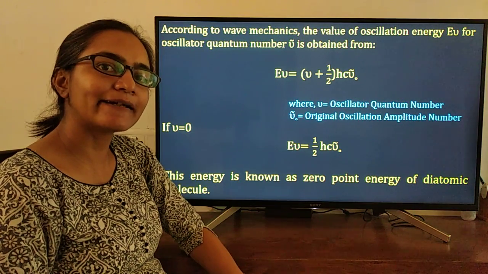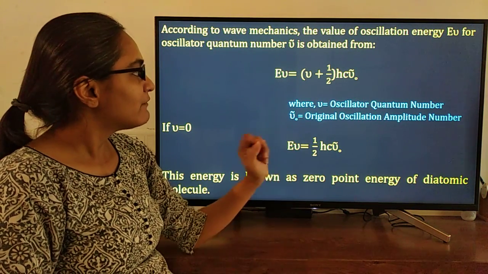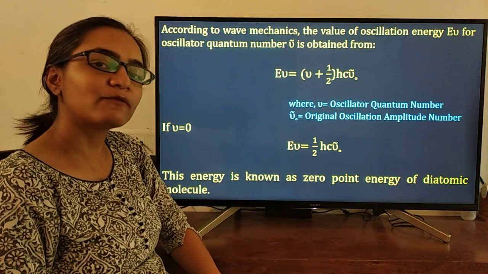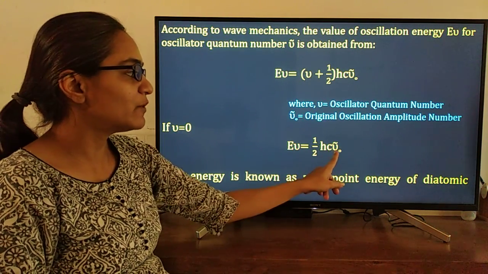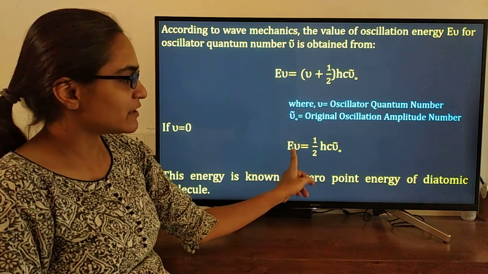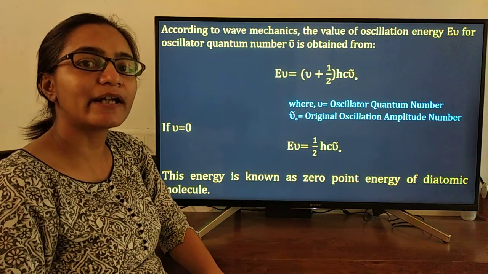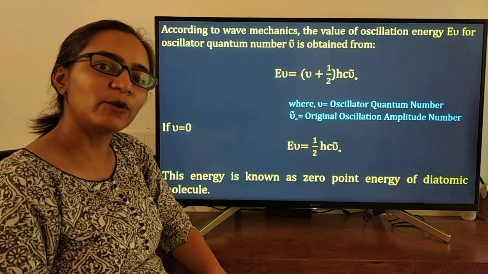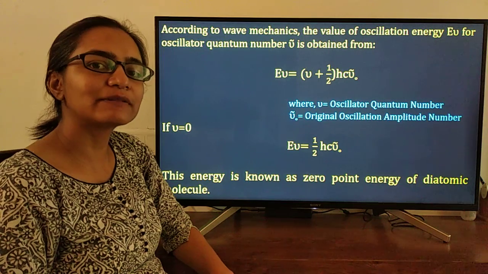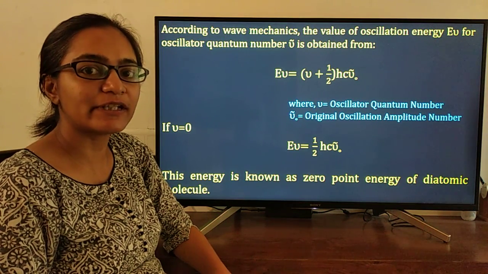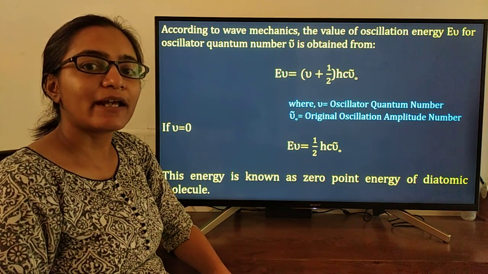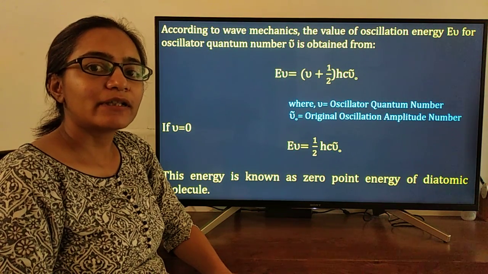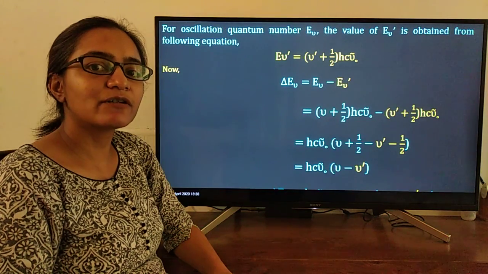Its value is taken in erg. If the value of nu is 0, we get E nu equal to 1 upon 2 hc nu 0 bar. This energy is known as the zero point energy of a diatomic molecule. Thus, at absolute zero temperature, instead of rotational energy, only oscillation energy exists,